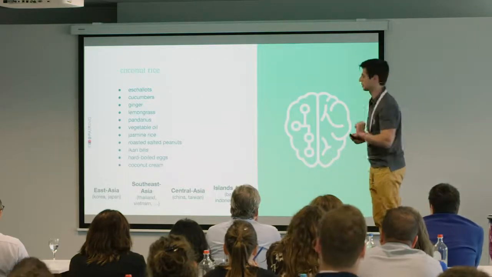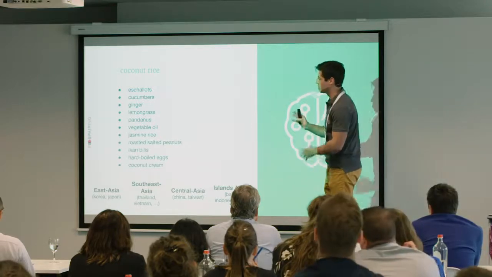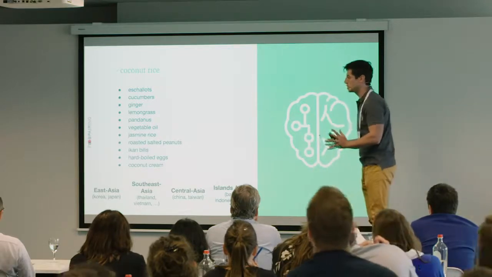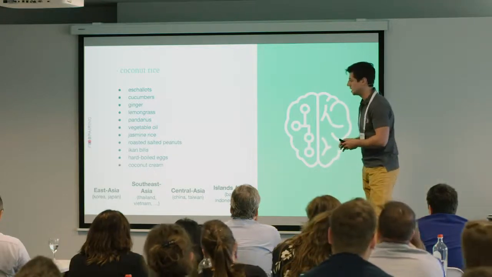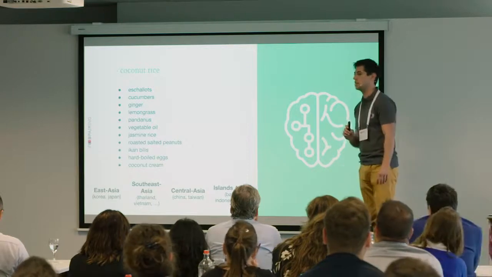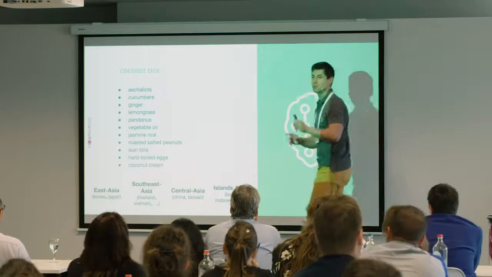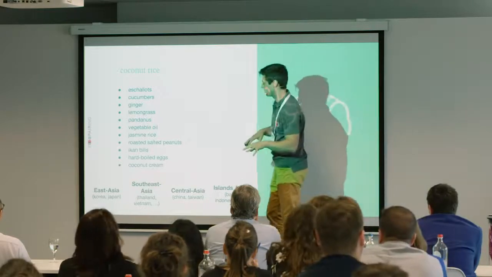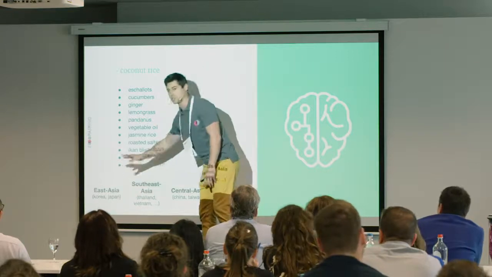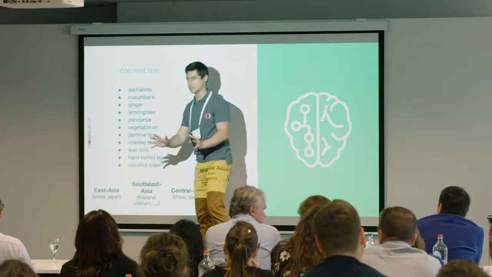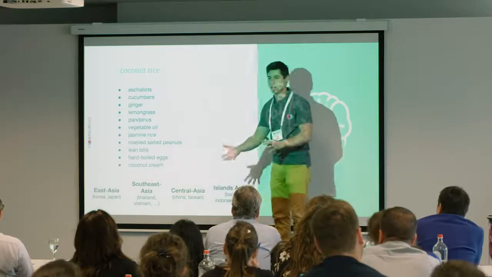Second one, a bit more tricky. We have coconut rice with some eschalots, cucumber, ginger, lemongrass, pandanus, vegetable oil, jasmine rice, ikan bilis, coconut cream in there. And you guys have to guess if it's, I'm going to read it because I think not everybody can see it, if this dish is rather Eastern Asian, so Korean, Japanese, if it's more Southeast Asian, so Thai, Vietnamese